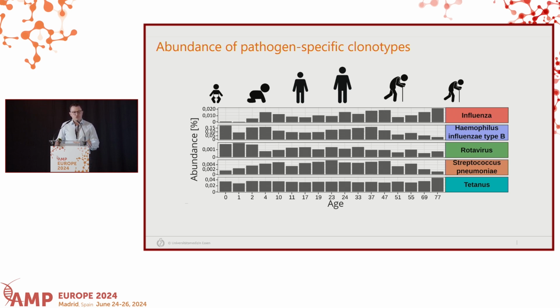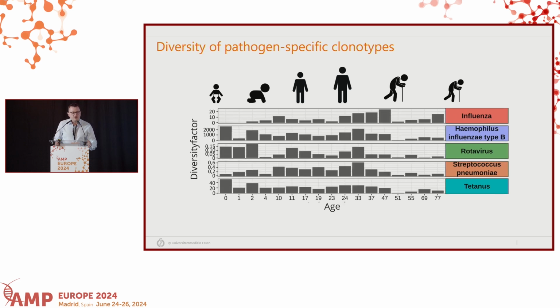age-dependent distribution. It becomes even more interesting when we quantify the diversity of these sequences, which is basically the abundance multiplied with the number of individual clones. There we see, for example, in old age, over the age of 50, that the diversity for many pathogens is compromised. This is currently ongoing research, but we think that this might play a role in the susceptibility to infection in, for example, old age.